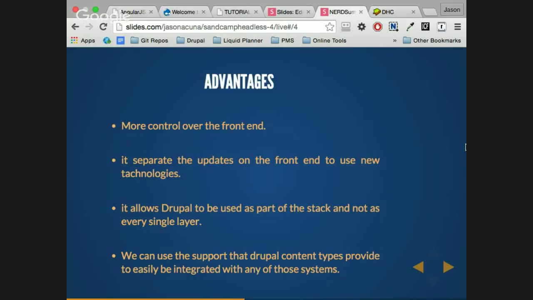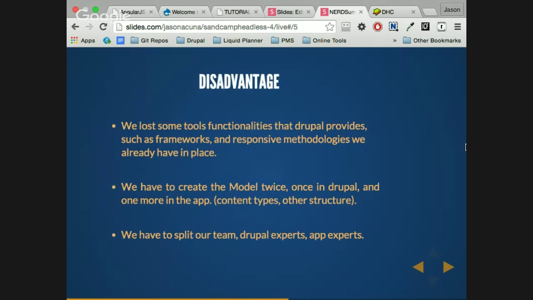We can use Drupal to handle all the data we're going to be using on our system, and just increase this structure in the amount of fields, or the way we provide things, and increase the amount of data, without impacting any of the other front-end structures. On the disadvantage side, I can say that we lose some tool functionality that Drupal provides.